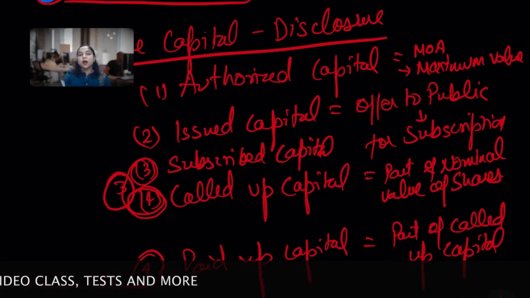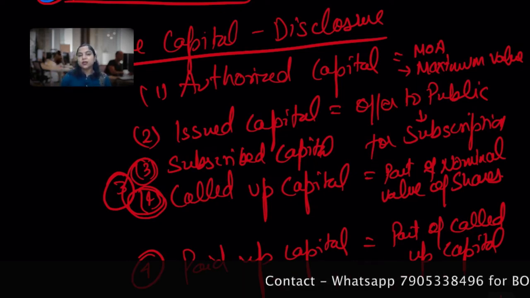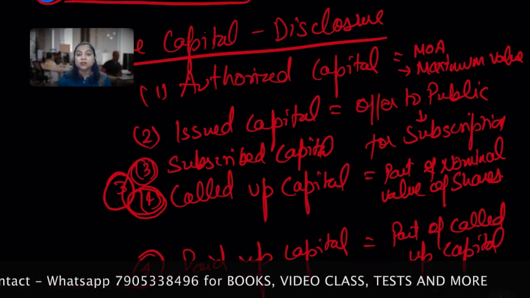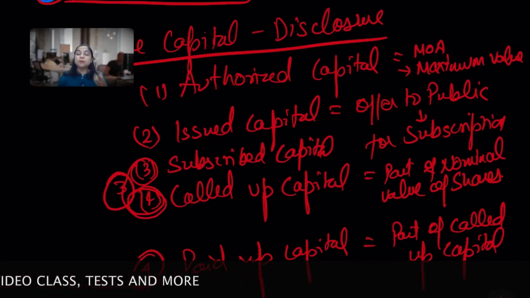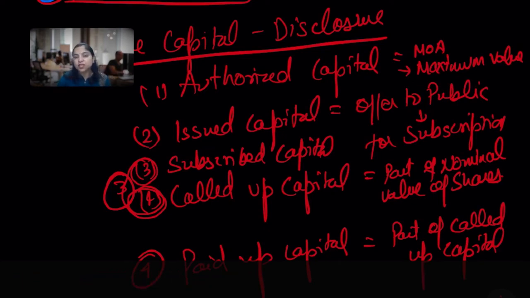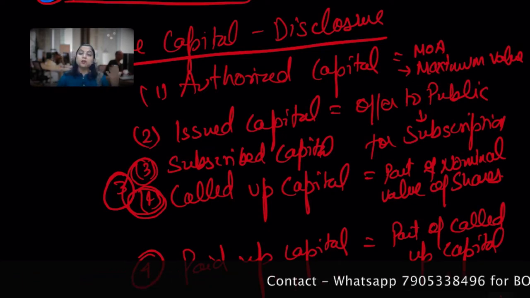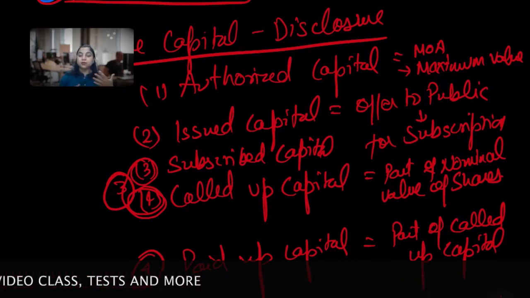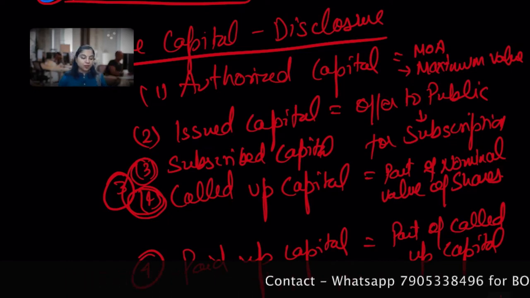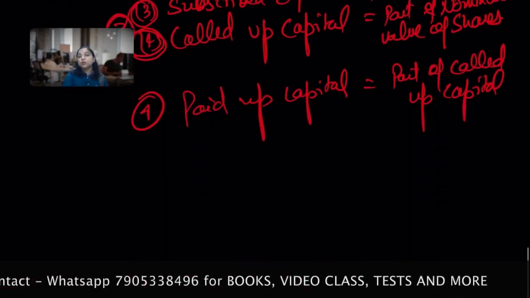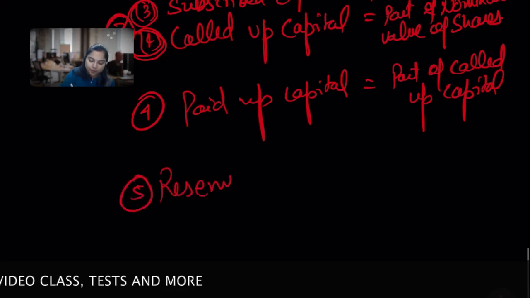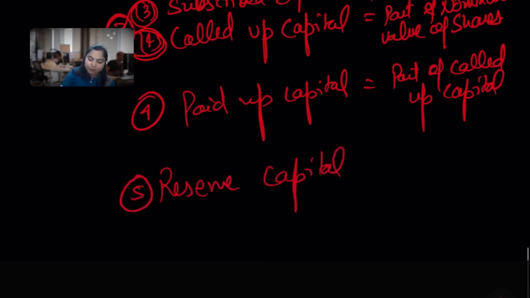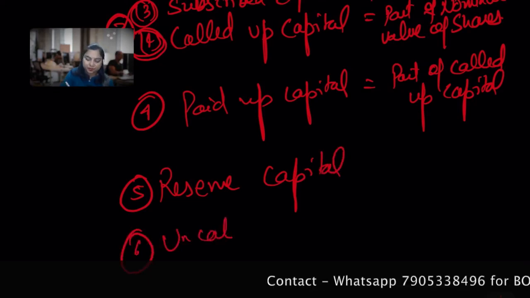Okay, so there is an uncalled capital, that means a subscribed capital which is not yet called up by the company or board of directors, we can say that. And the last important thing is a reserve capital, that means a company which made a special resolution that some portion of the share capital they have, shall not be capable of being called up except in special circumstances, and that uncalled portion they keep for extreme cases, they want to reserve that capital. Reserve capital. And one more thing, I also talked about your uncalled capital, right?